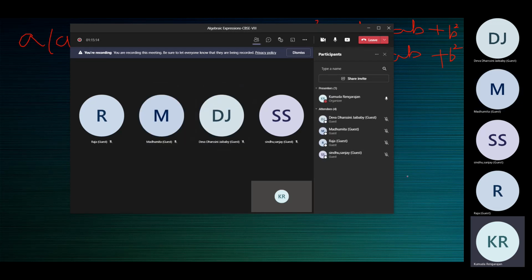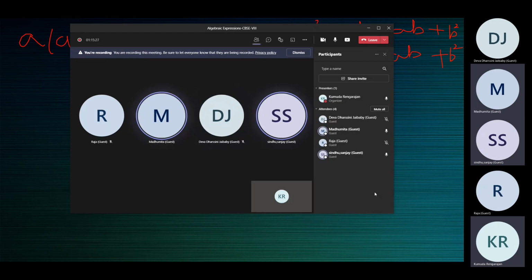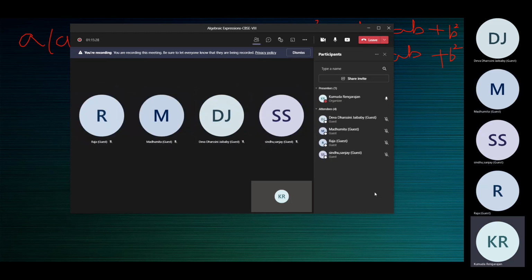All right, children. So that's it for today's session. I haven't given you any homework. Let me see. I'll share a test paper with you. Complete that by the next class. Or in case I activate an exam in the portal, I'll let you know. Please check WhatsApp, as some homework will be shared with you.